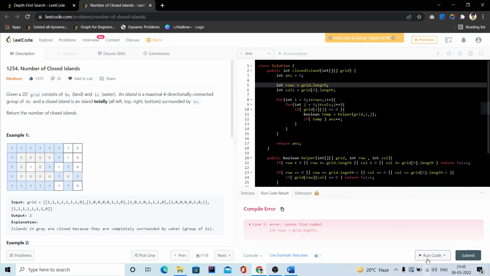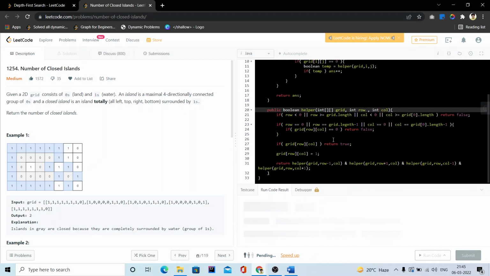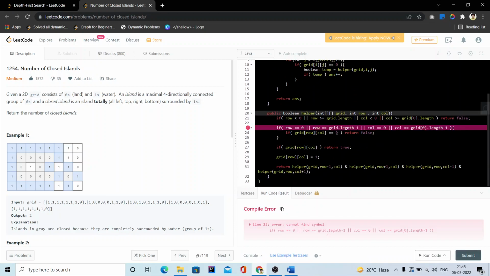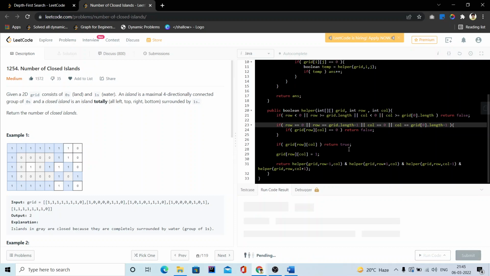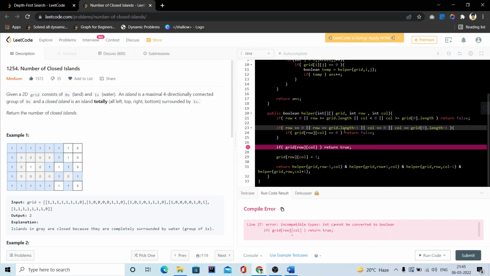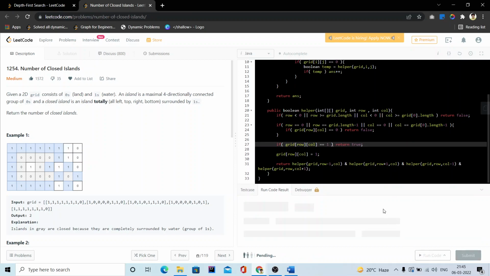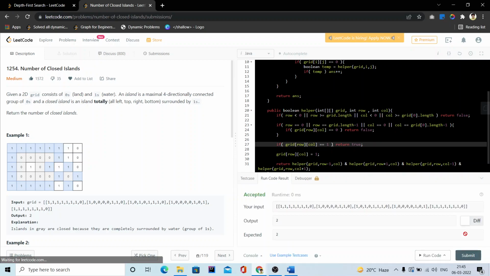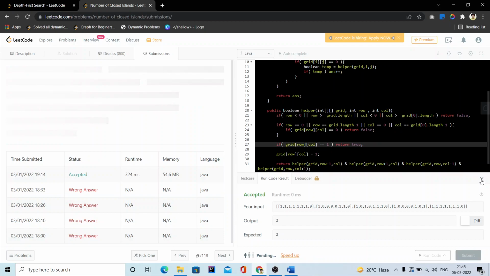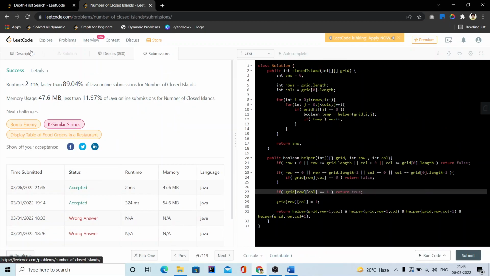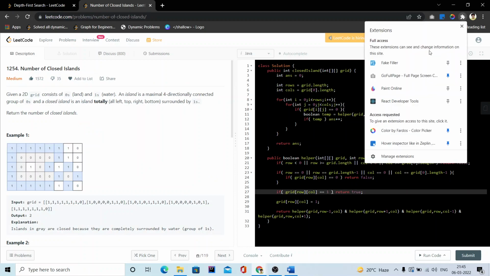Typo. Again. If it is equal to 1, we would return true. So it's working. Now one thing to take care about here is,